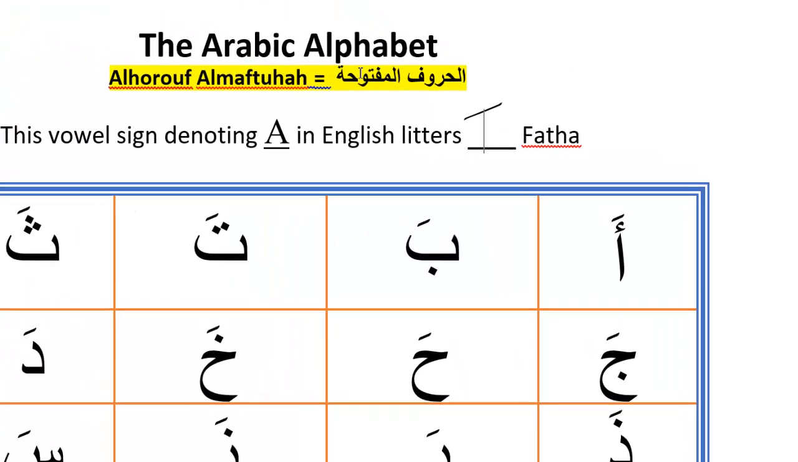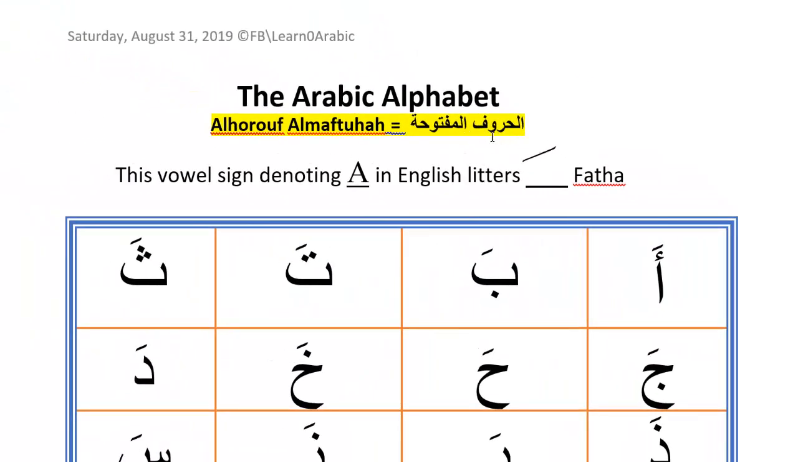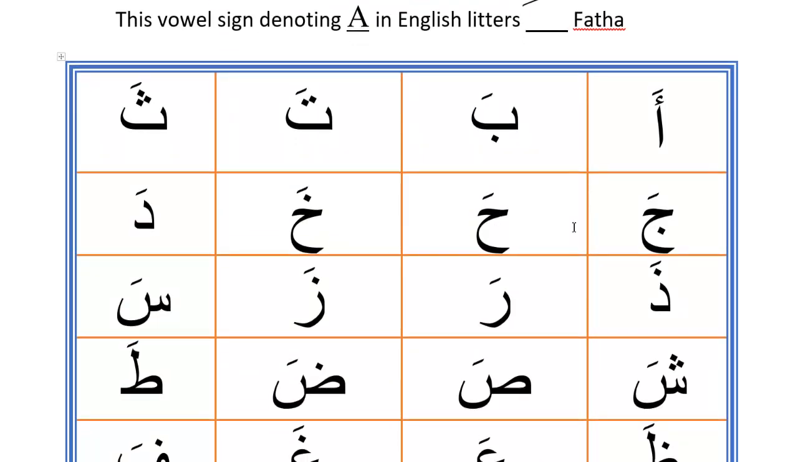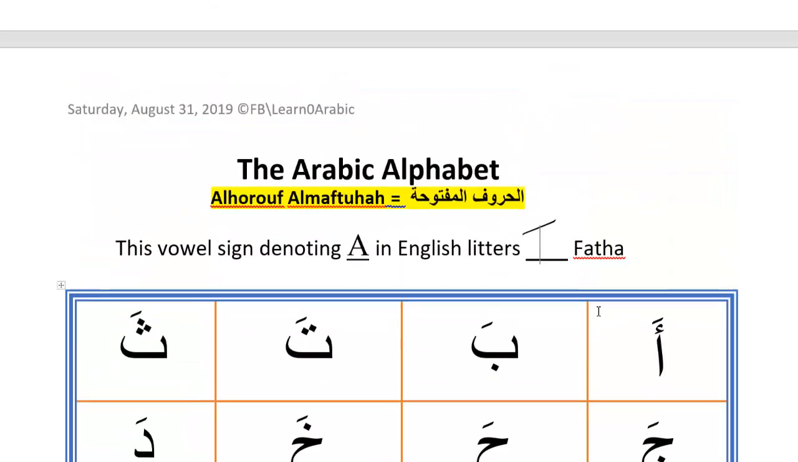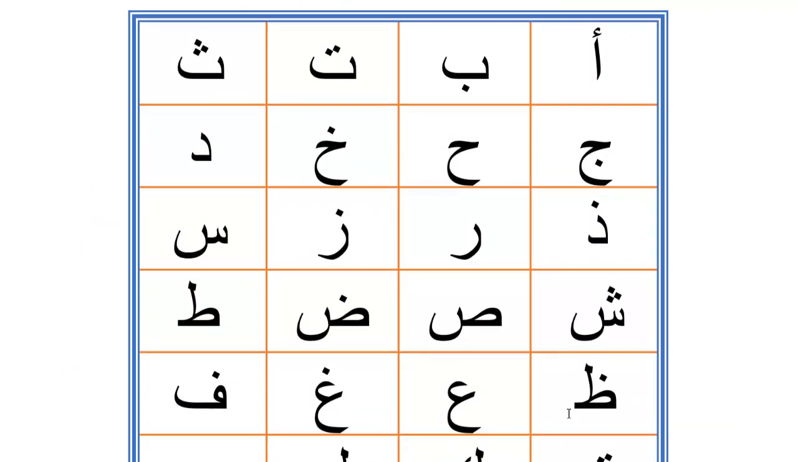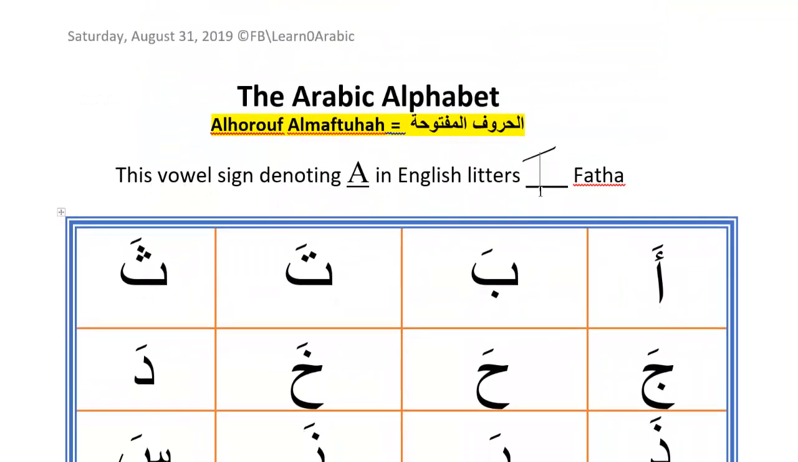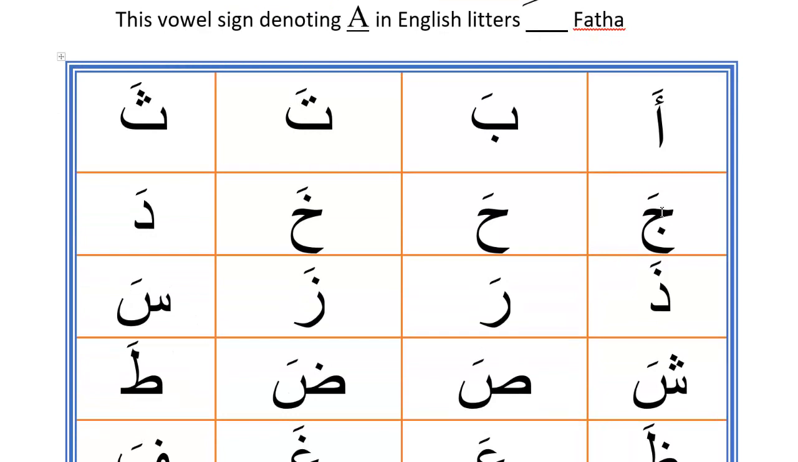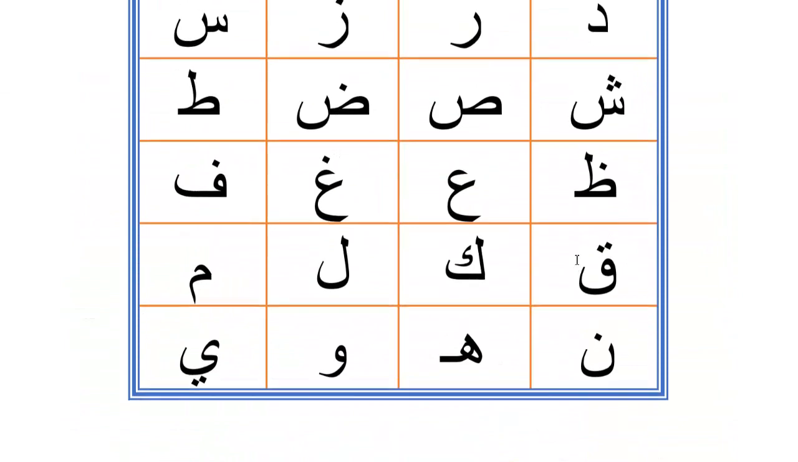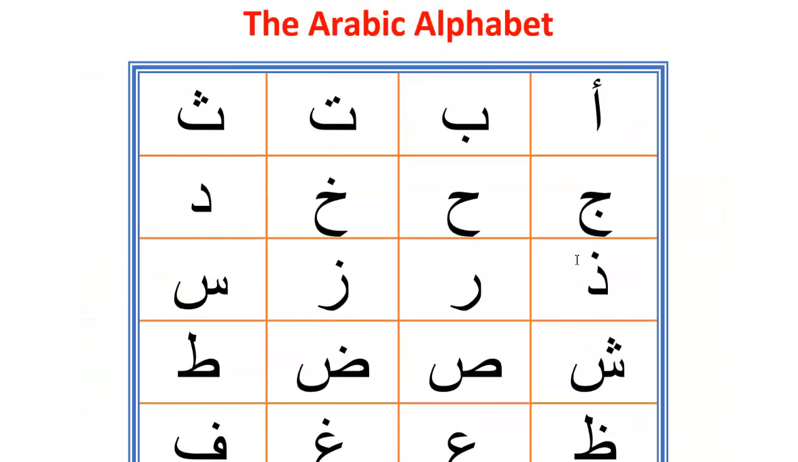So we have the Arabic alphabet, الحروف المفتوحة, or with Fatha. It's exactly the same Arabic letters as you saw before in the first video, in the first step, but just including the Fatha, this one which you see right now, and it is equal to, or denotes, a in English. So all these letters will be exactly the same as you learned before in the first step, the first video,